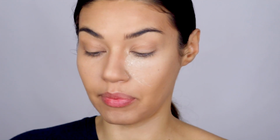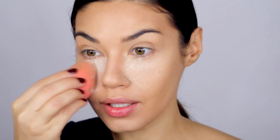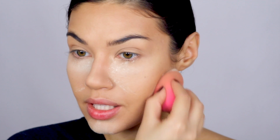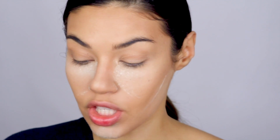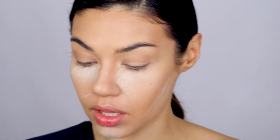Okay, so I usually do not bake at all, but because it was an event where I was getting pictures and I needed the makeup to last, baking is great for that. Not for every day, but for special occasions like this, it's really, really good. It's going to totally set your makeup and it makes a big difference. Your makeup's not going to budge. So I'm just setting it with the Laura Mercier